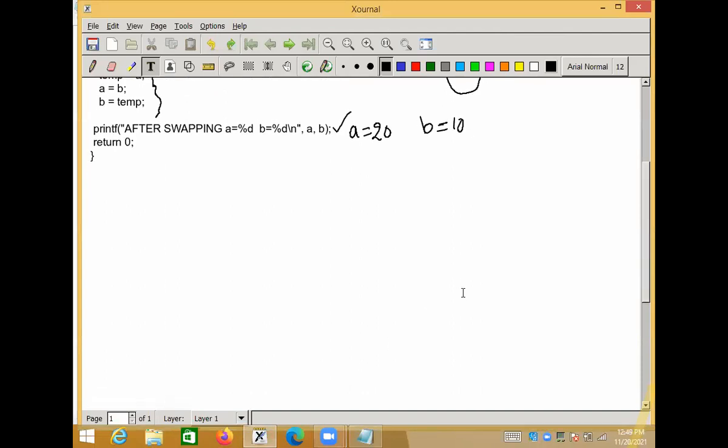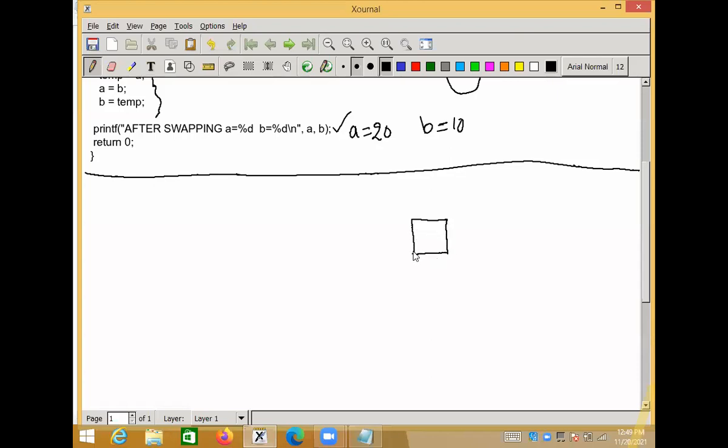Right now I have two numbers with me. With the help of a memory diagram, I'll try to explain. I'm just ending this program here. Assume we have only two numbers, and this is how memory is allocated for these two numbers, a and b. Initially assume I have stored 10 in a and 20 in b. A is 10, b is 20.